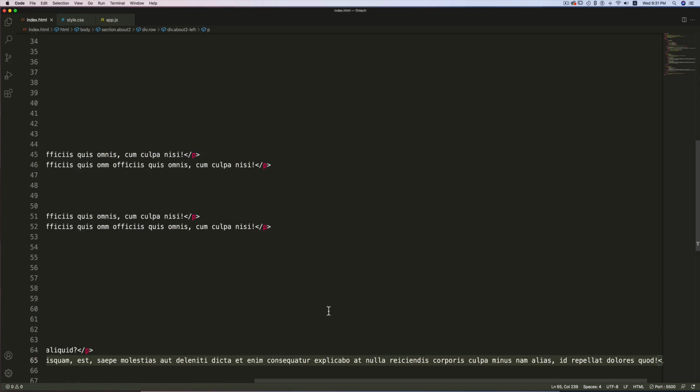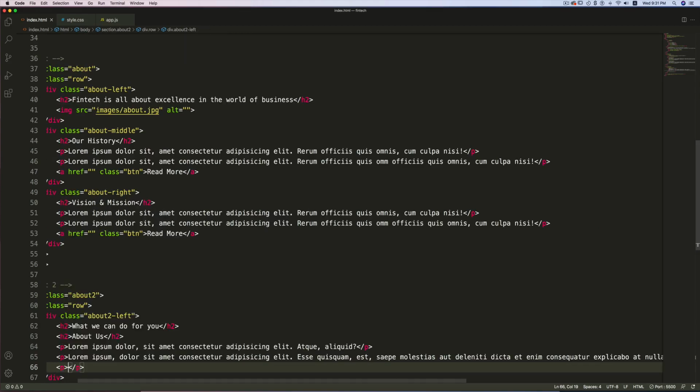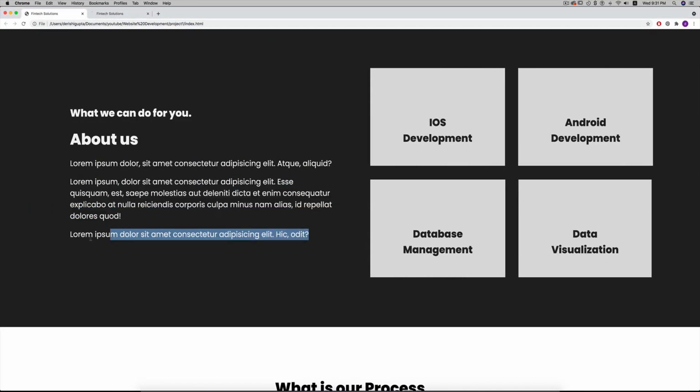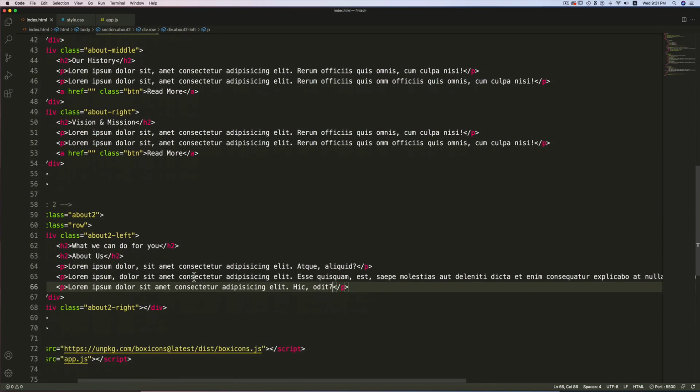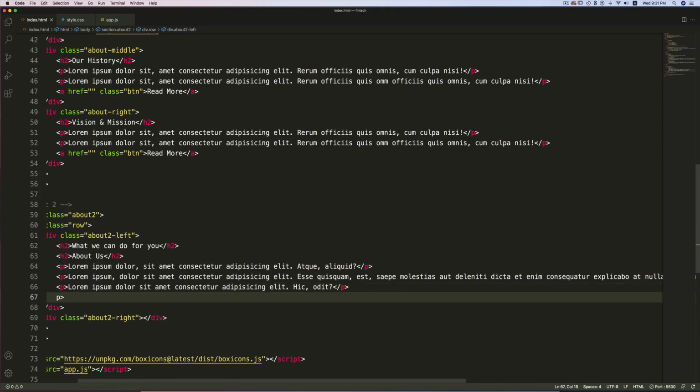Copy this and paste this. See, I'm copying this paragraph because I want to keep the design consistent, because I don't remember what is the length of the paragraph. You can also insert lorem ipsum using Emmet.